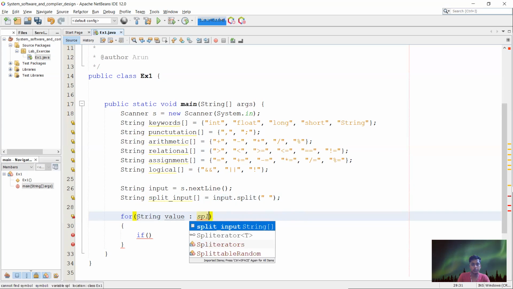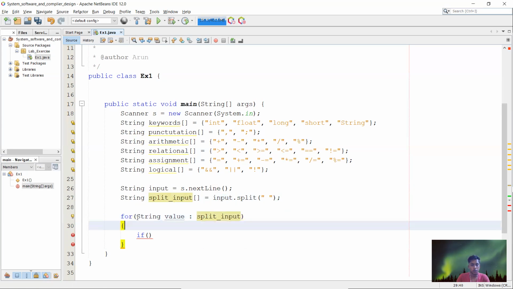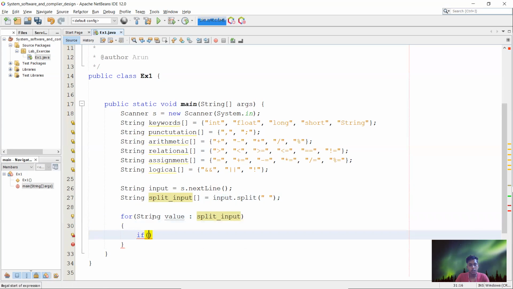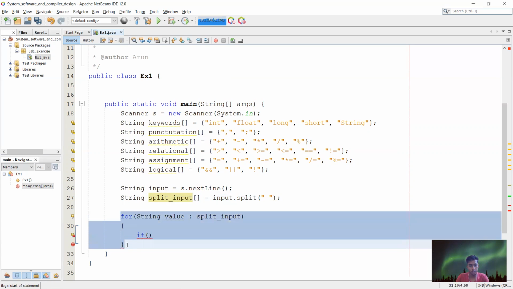It will take the values from the list. For example, if you replace it with keyword, the for loop will run: the first word will be int, next float, then long, short, string. According to that the for loop will run.